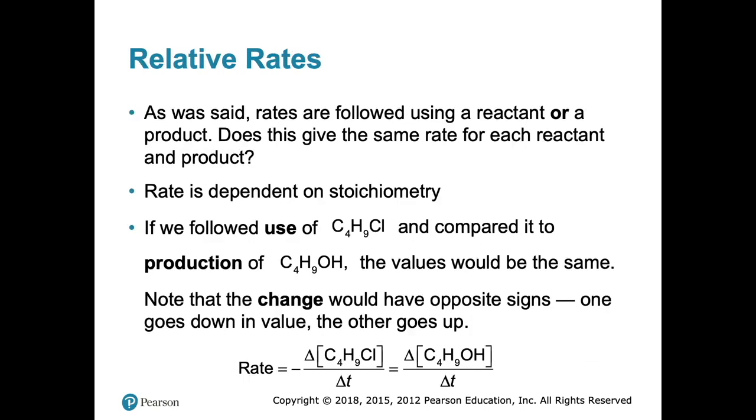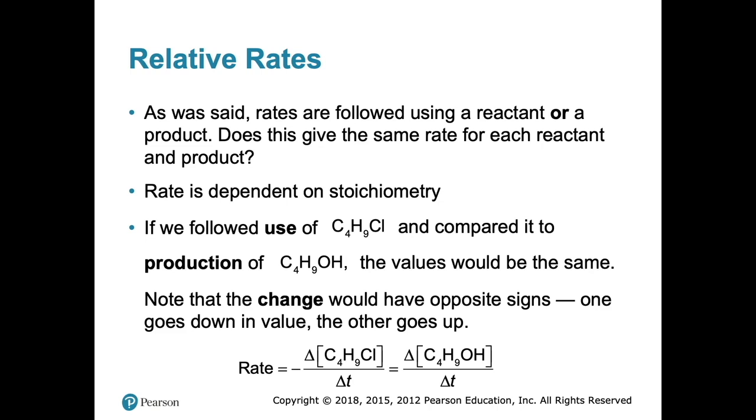I actually talked about this a second ago, but we'll rehash it here again because it's important. As I said, rates are followed using a reactant or a product. Does this give the same rate for each reactant and product? Well, the rate is actually dependent on stoichiometry. If we use chlorobutane and compare it to the production of butanol,